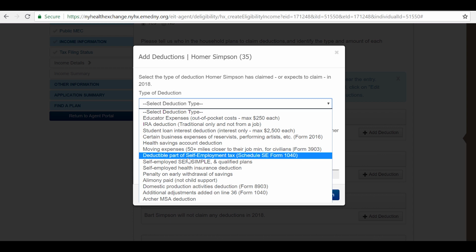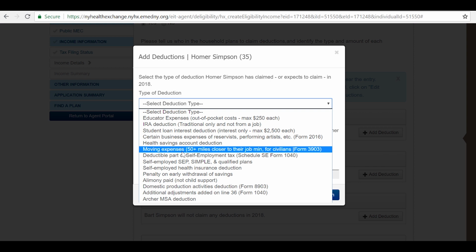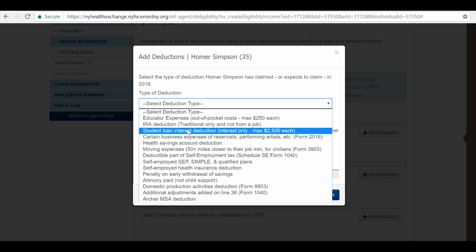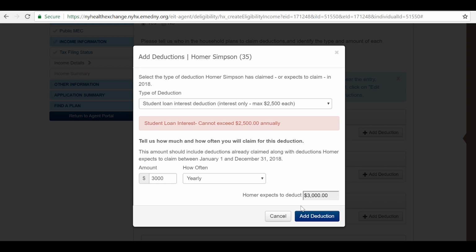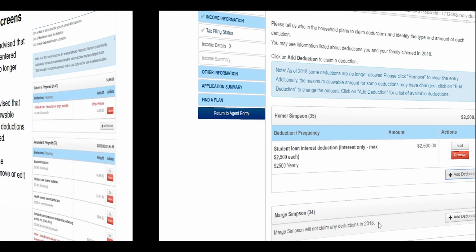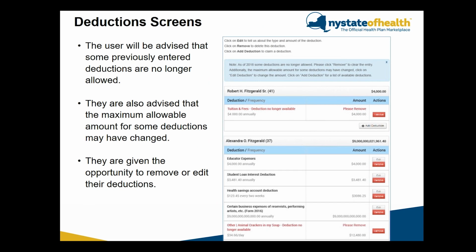So in this scenario, we're going to mark that Homer might be claiming some student loan interest, and you can see the maximum amount is $2,500 each. So if we said $3,000 a year, we want to add it. It's going to tell us that it cannot exceed $2,500. So then you can go ahead and update it so that it comes in properly. I want to jump over to our PowerPoint again for a moment